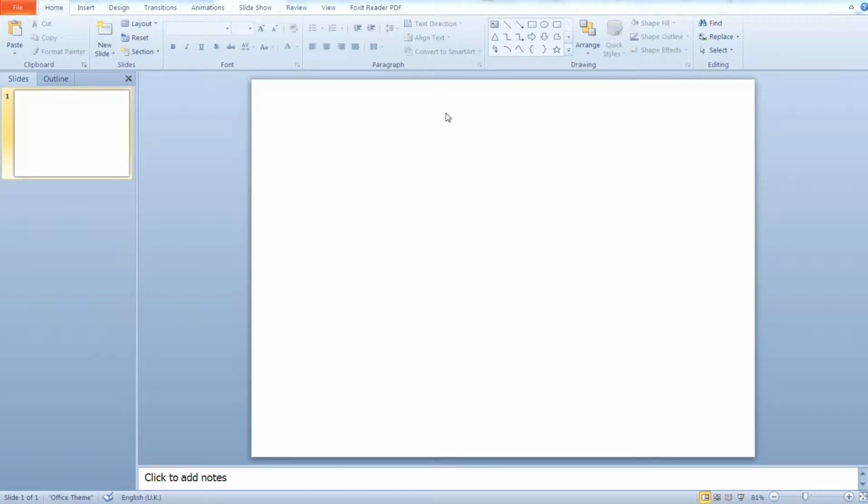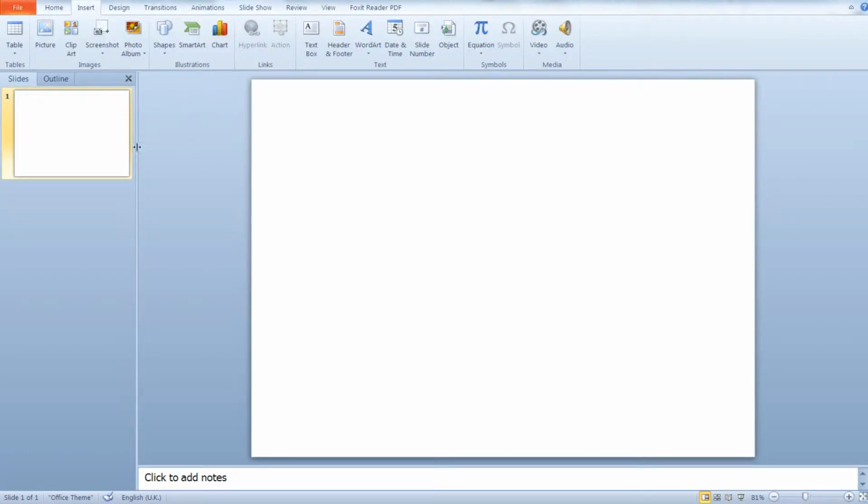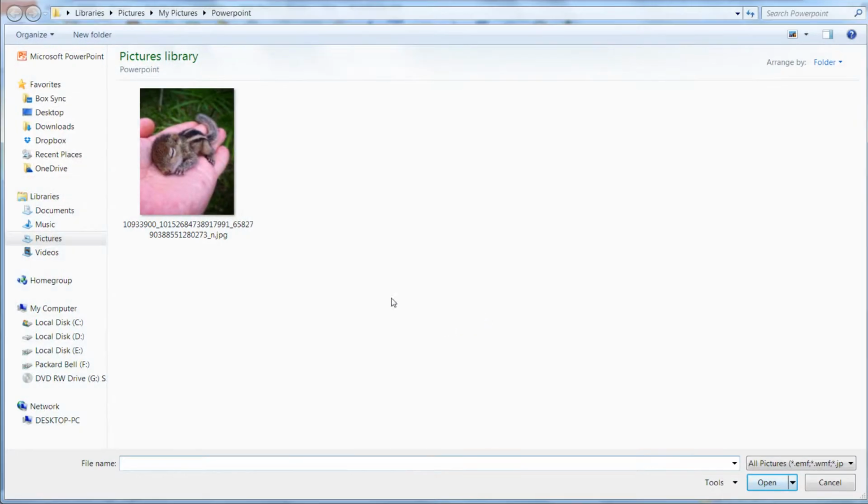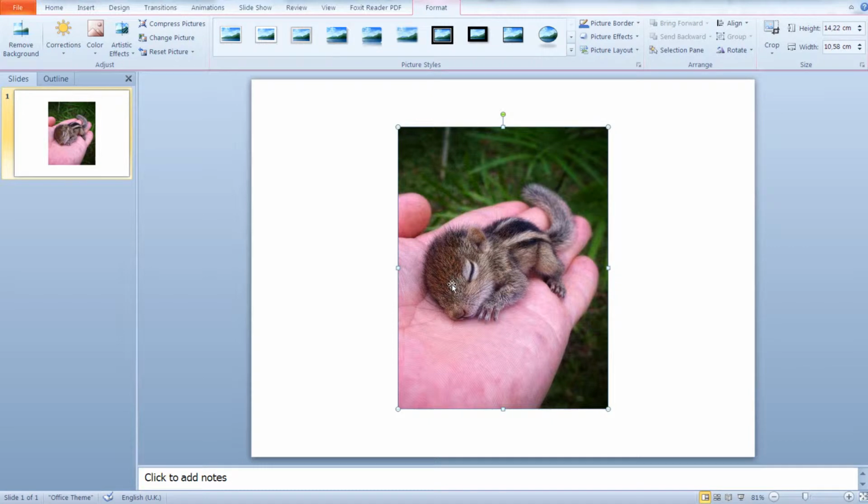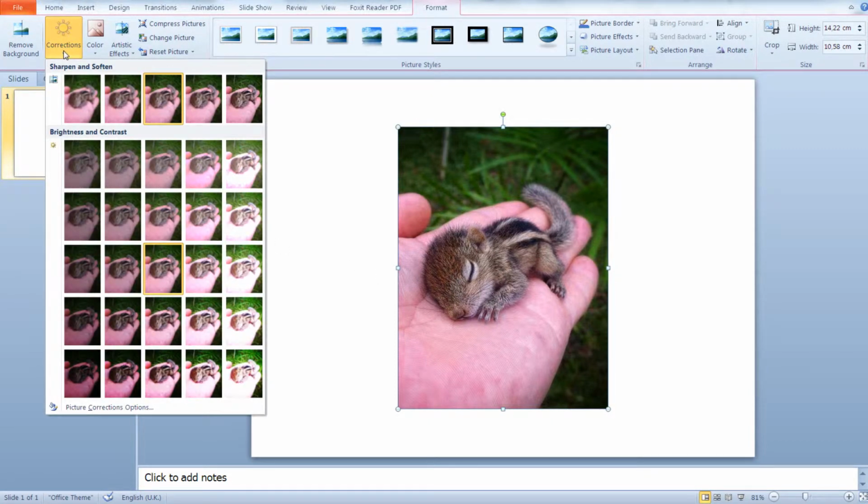In this video we'll go over how you can perform some basic image editing and apply some image effects in PowerPoint 2010. First of all, let's insert an image. From the Insert tab, Images section, click on Picture. Let's insert our image. Now, first of all, you can perform some corrections, like sharpen and soften the image,